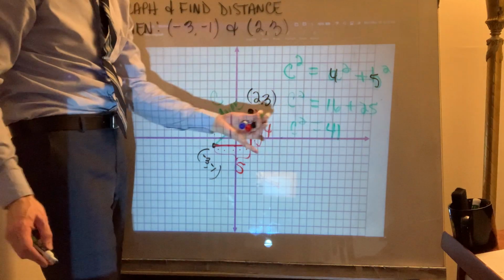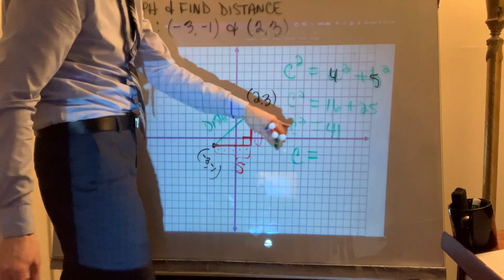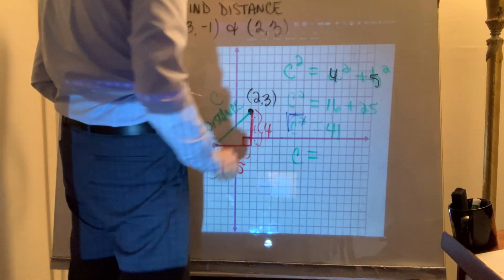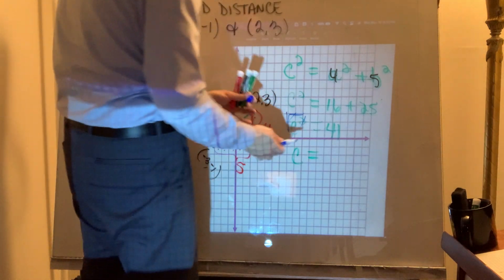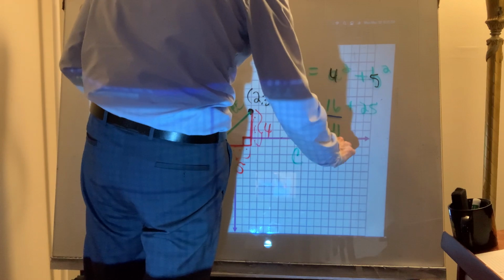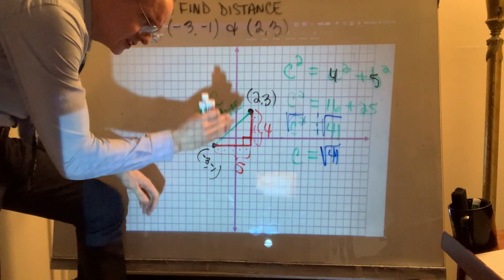And then to solve for c to get the genuine distance, although it's not immediately satisfying, you would take a square root to cancel what is being squared. And to get away with it, remember the balancing act. You must do it to the opposite side. So this would be the square root of 41. Now, here's a little speech about that. That is the exact answer,